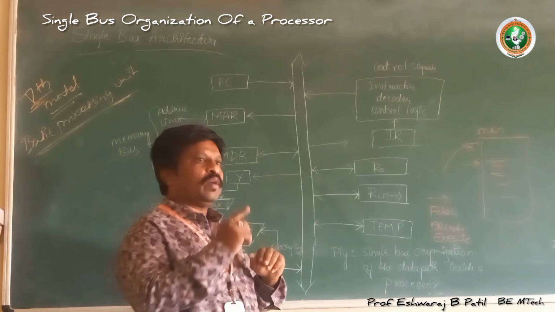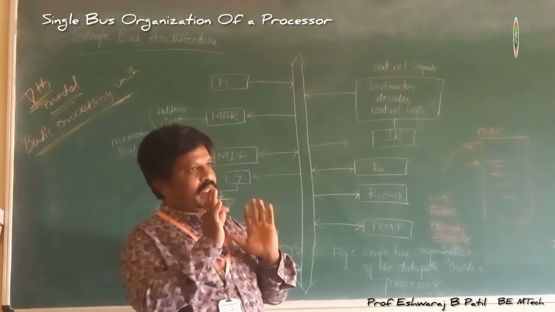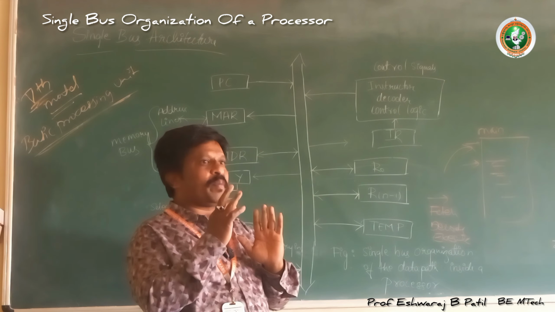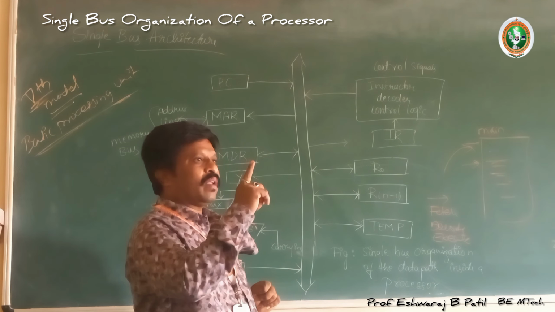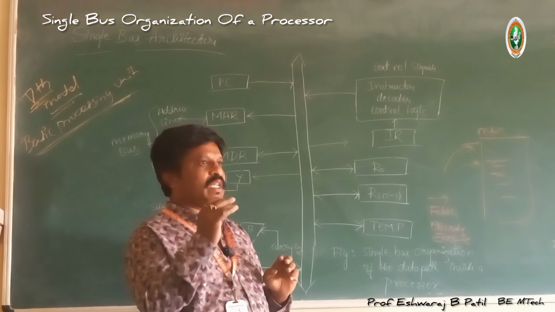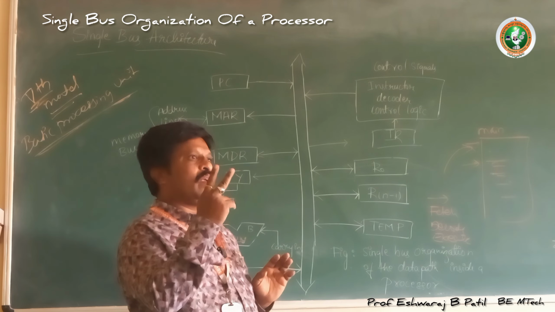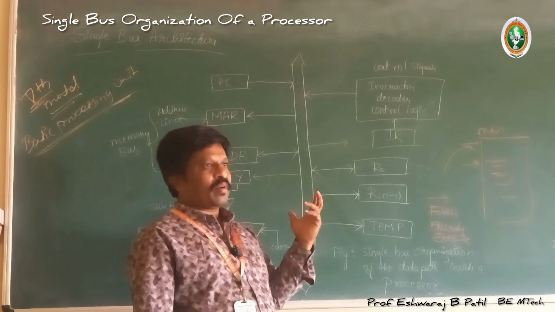The program counter has to be incremented by 4 if it is a 32-bit processor. For a 16-bit processor it becomes 2, and for an 8-bit processor it becomes 1. The program counter will be incremented by only 1 if it is an 8-bit processor, by 2 if it is a 16-bit processor, and by 4 if I am using a 32-bit microprocessor, so that my program counter will be